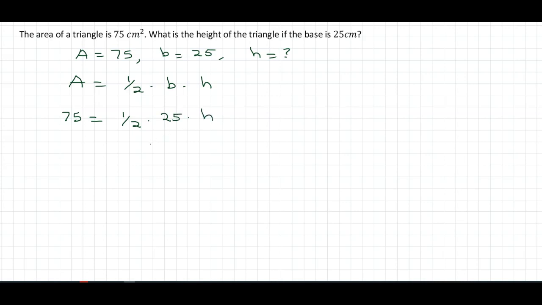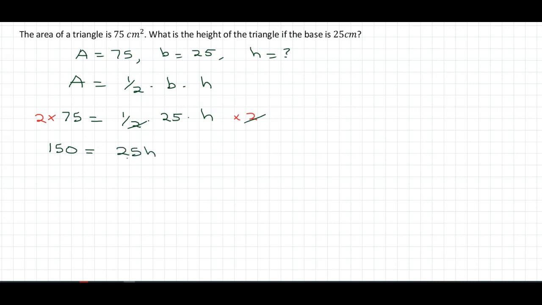So now we can do a few things here. The easiest thing to do here, because I wouldn't want to work with decimals or fractions in this case, I can multiply both sides of this by 2. So multiply by 2 here, multiply by 2. So what that's going to do for me is that it's going to remove this fraction here, because I can cross this out and we no longer have a fraction. 2 multiplied by 75, that's 150, is equal to